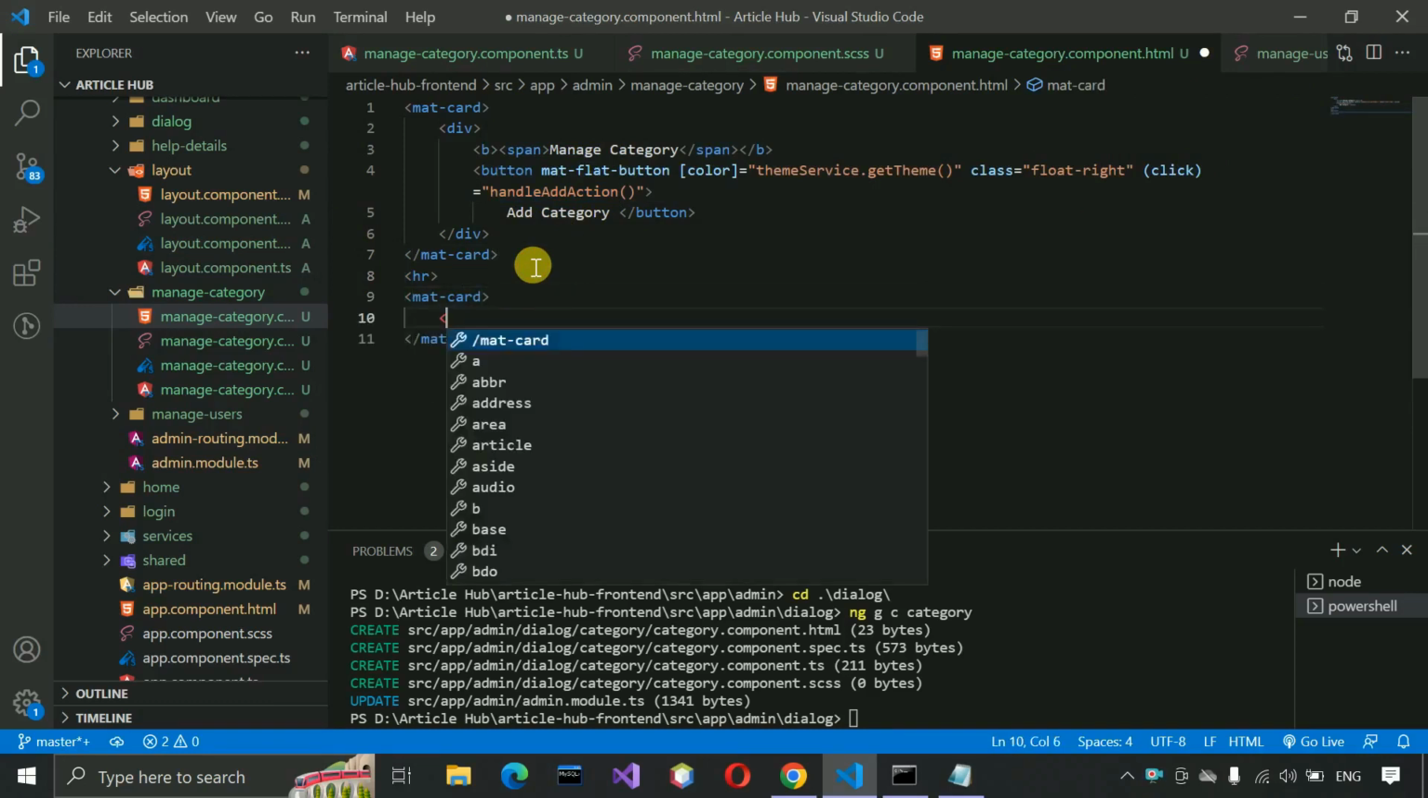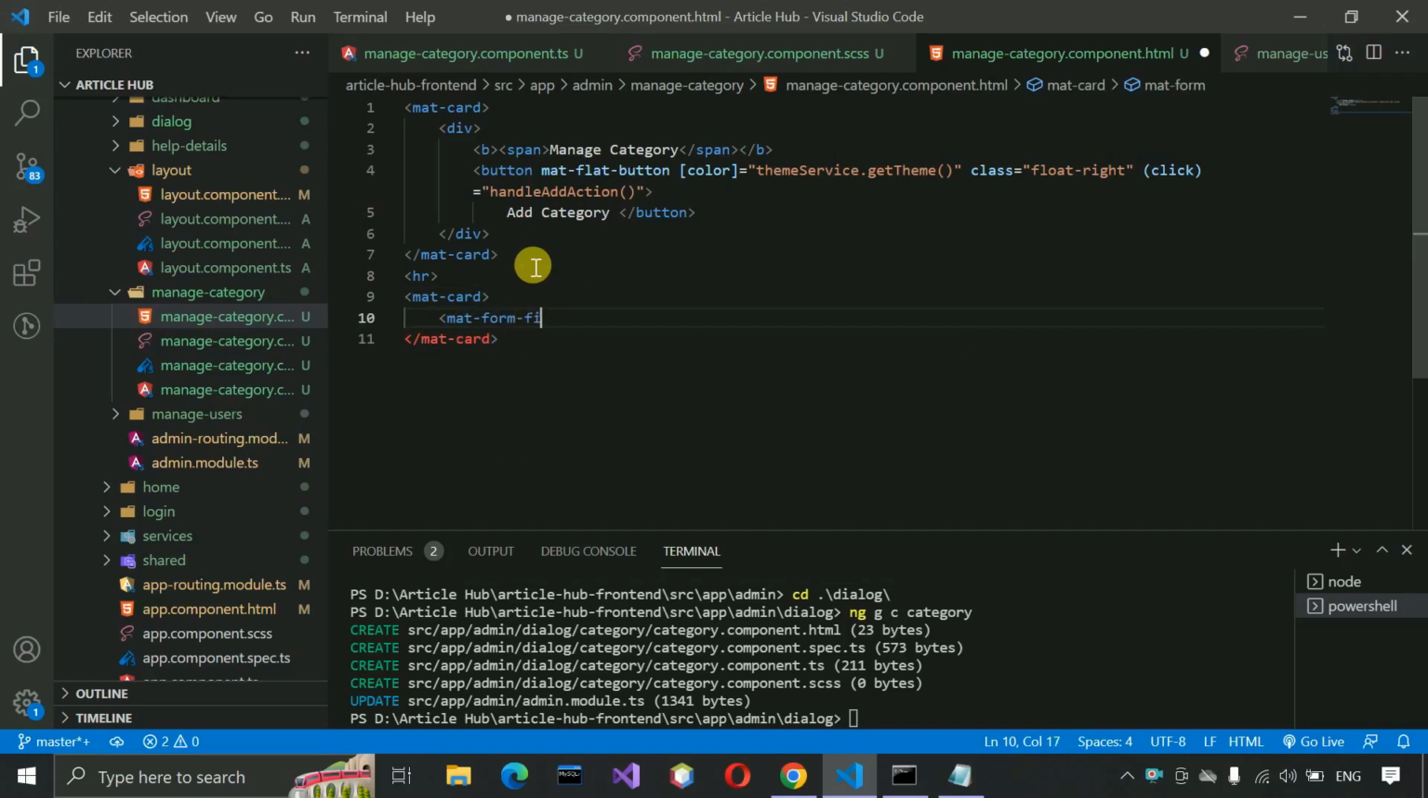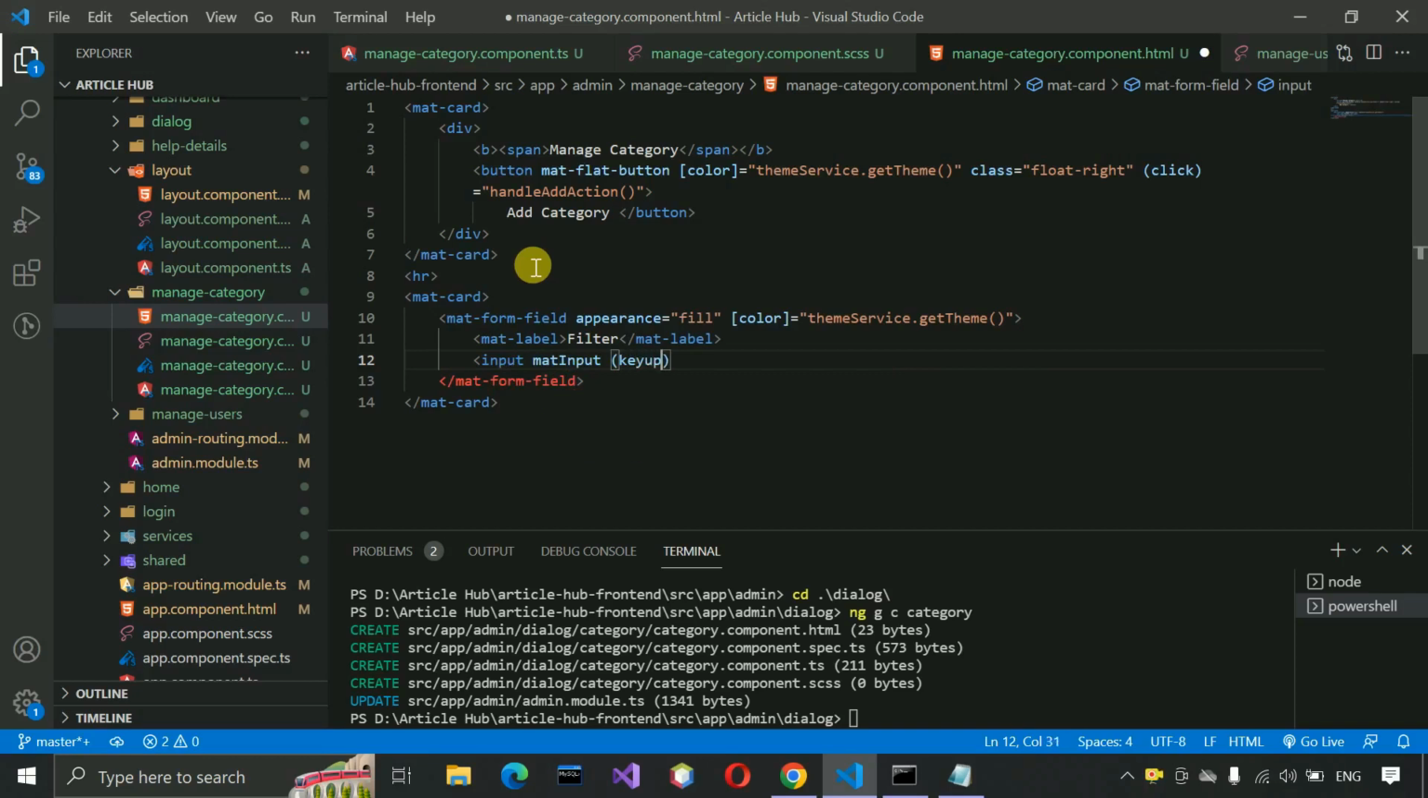and here we have to put a mat-form-field. So mat-form-field, and appearance will be fill, and color will be themeServices.getTheme, and inside this one mat-label, and here we have to write filter, and then we have to create an input field, and it should be matInput, and then we have to write here keyup and applyFilter, and then we just need to pass the event, and then here we have to just write input, close this one, save this,